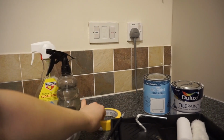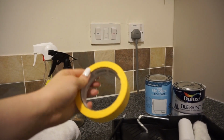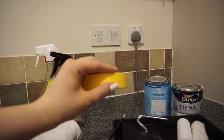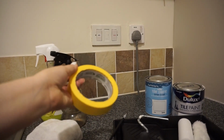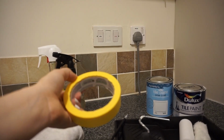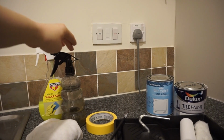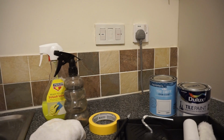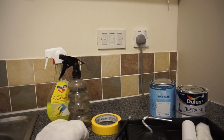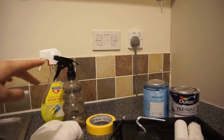And then I've got some delicate surface Frog Tape, and I use this pretty much all the time, and I find that this is worth the couple of extra pounds more than regular masking tape. I find that this leaves a really clear, sharp line. So I'll just use that to mask above. And then once it's all been masked up on the top there,